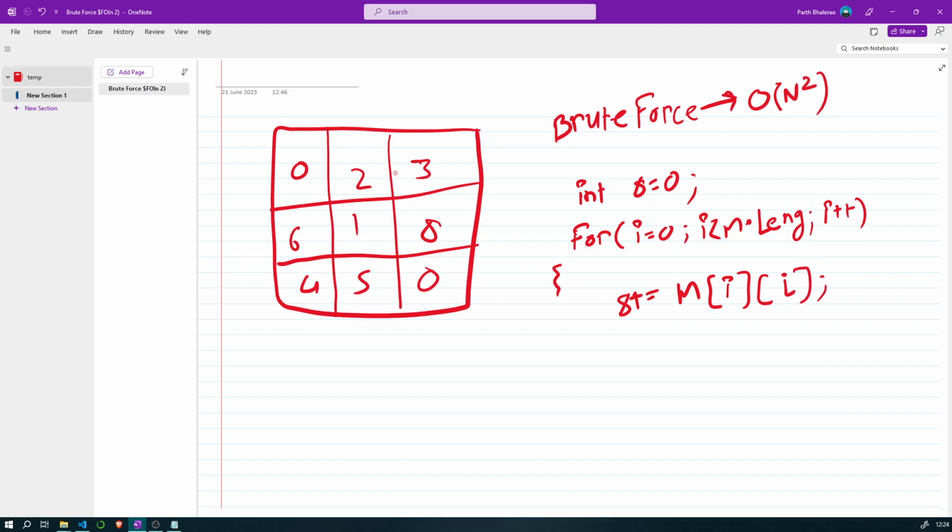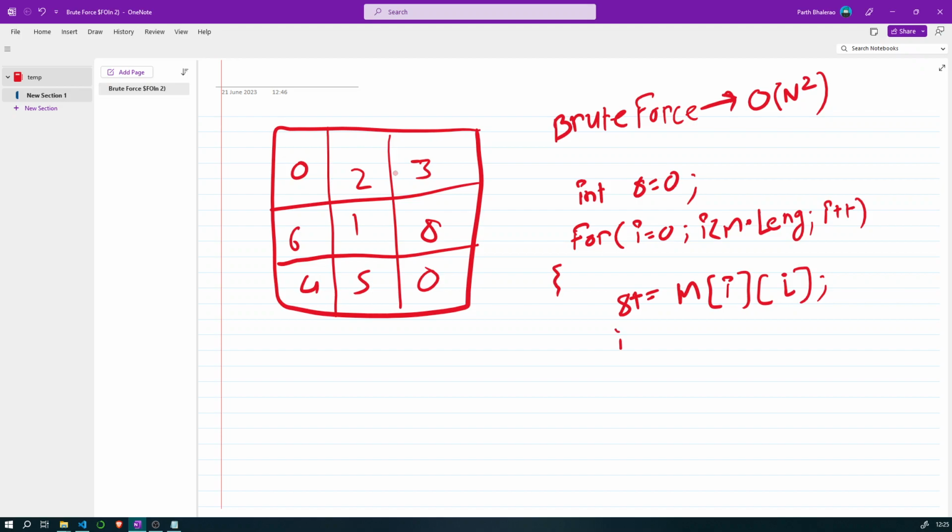There is no need for the for loop for j, because in case of the primary diagonal, the value of i is equal to j. That's it.